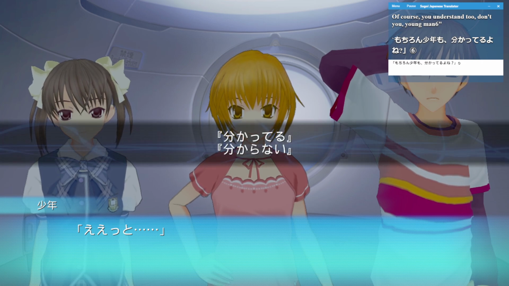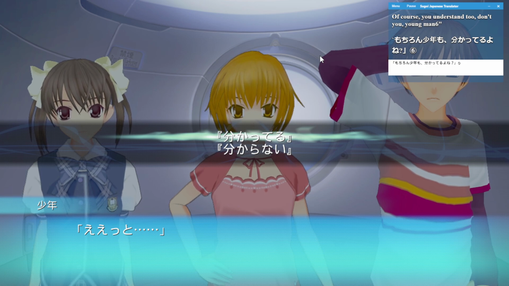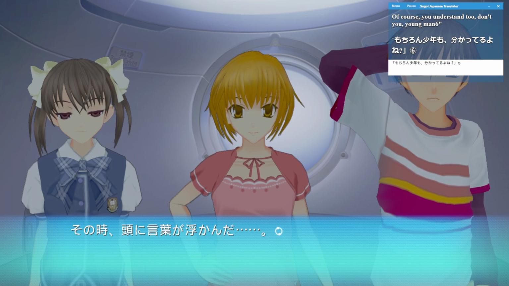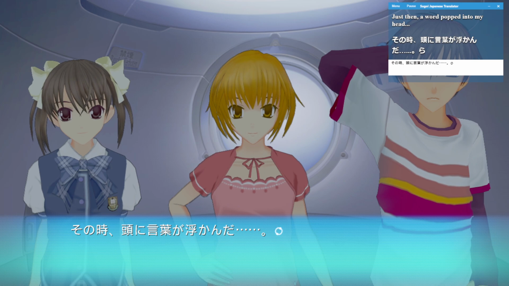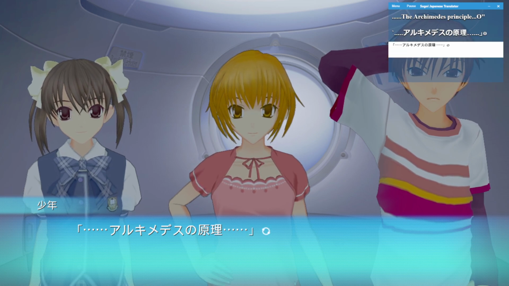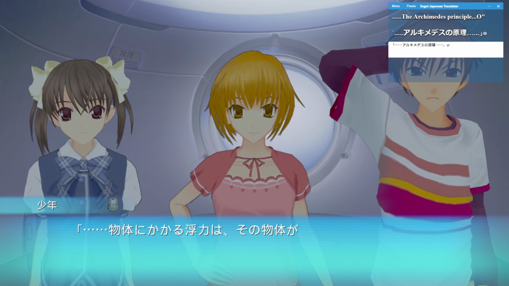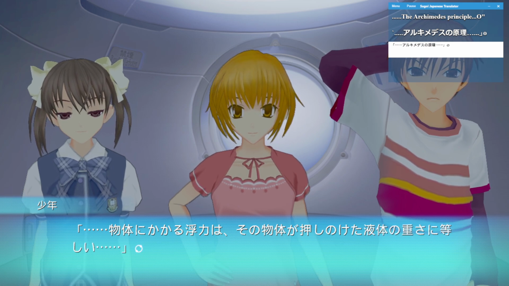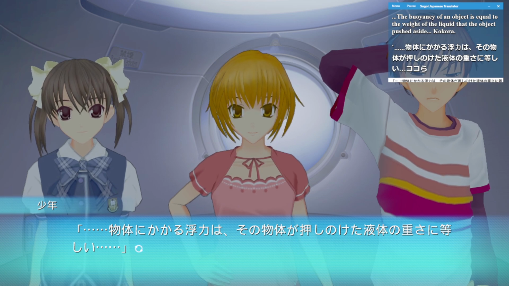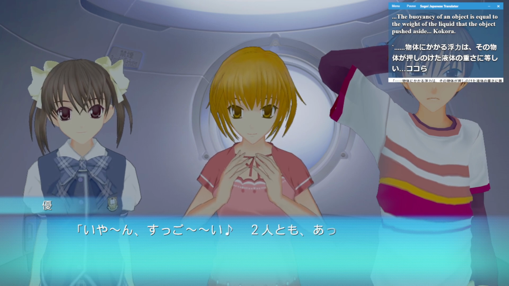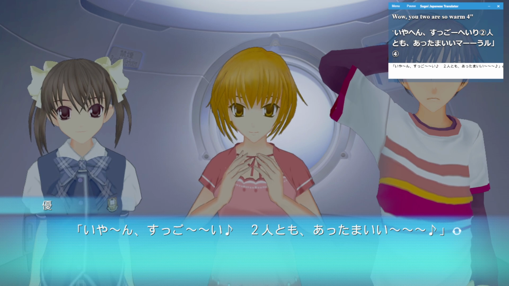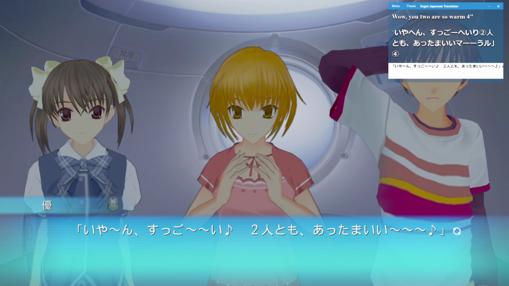I'm gonna say yes, I do, which is the top choice. I can understand that much Japanese. Then a word popped into my head: Archimedes' principle. The buoyancy of an object is equal to the weight of the liquid that the object pushes aside. Wow, you two are so smart, atamai, which is